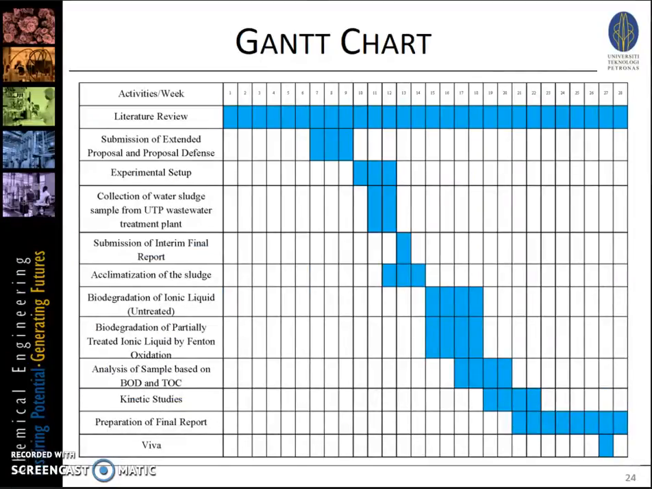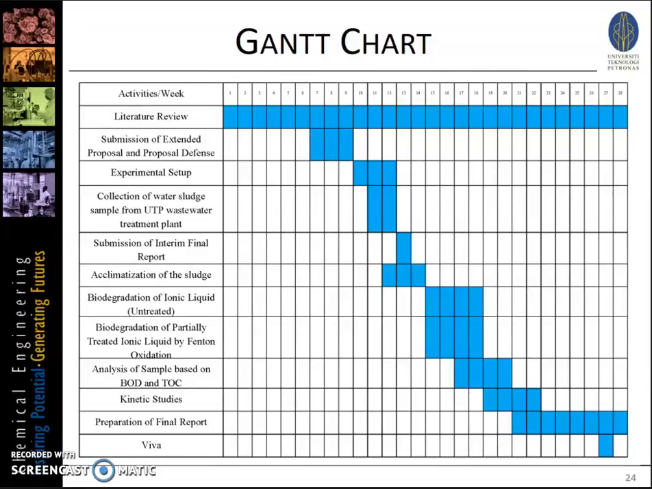This is my Gantt chart, which, as you can see here, shows that I will be conducting the literature review along the 28 weeks, and I expect to start my experimental setup in week 10 of this semester. Collection of wastewater sludge starts from week 11 to week 12, and acclimatization of sludge starts from week 12, which is by the end of this semester. It is expected to complete the experiment by week 18, and preparation for kinetic studies is expected to be done by week 22, where the rest of the time will be used for preparation for